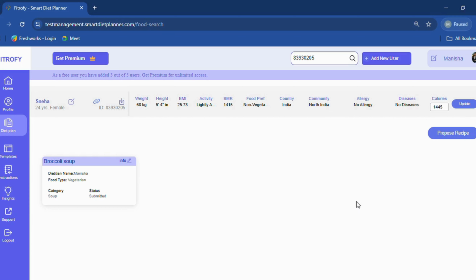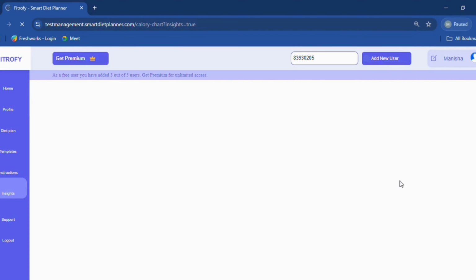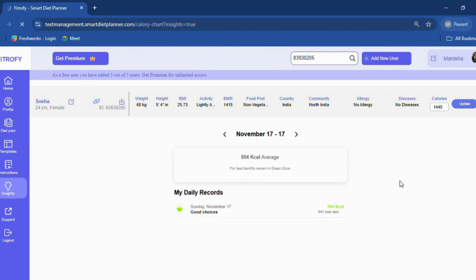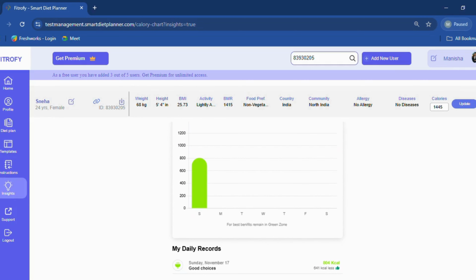So once we are through with what all features the client gets at their end, now let's understand certain other options that we have in the module. The other option is the insight section, as in the summary of whatever the client is eating. By clicking on the summary button under the insights tab, you get to see a graphical representation of what the client